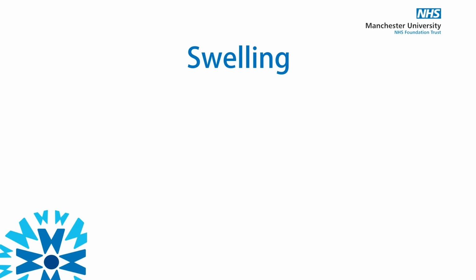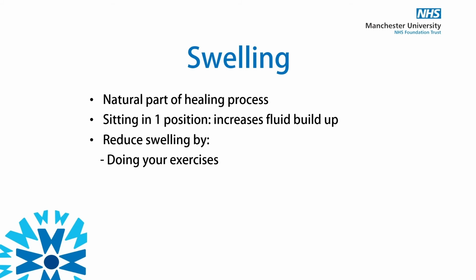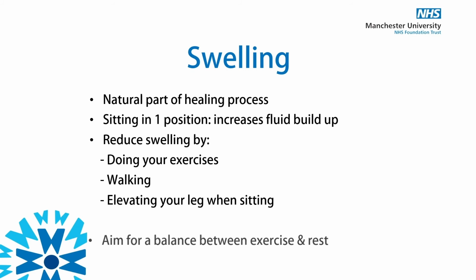You will get post-operative swelling to the leg. It's quite common after the surgery, and it can take anywhere up to 6 weeks for that swelling to subside. What we ask is that if you get swelling, sit your leg elevated, do your circulatory exercises, and that swelling should reduce. But what you'll find with the DVT is you will do all that, but that swelling won't reduce. With the DVT as well, your leg will look very red, it'll look shiny, and you'll get pain in your